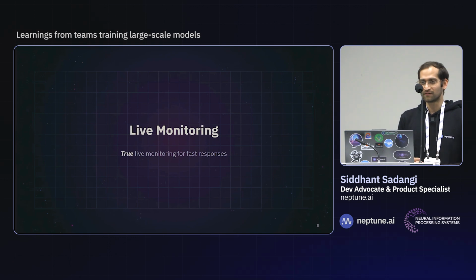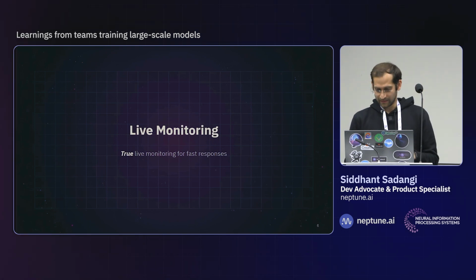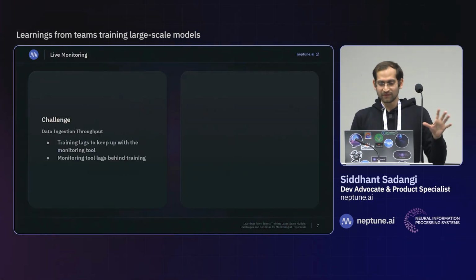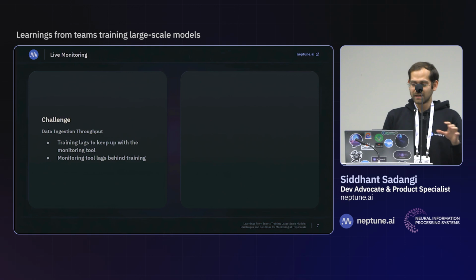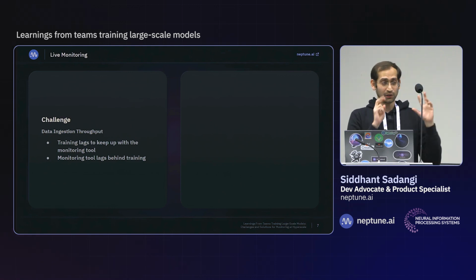I mean, imagine paying for 200 A100s for a module that's divergent. No. Yeah. So even though live monitoring is so important at this scale, like I mentioned, true live monitoring